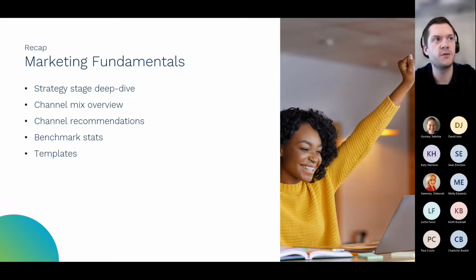So we went through the strategy, we went through the channel mix, we gave some recommendations in terms of what channels we should use when we're looking to speak to people around Microsoft 365 for Business, specifically around premium. We went through some benchmark stats, and there were some templates in there as well, which showed us how to take a basic plan to market. So when you're thinking about putting together that first go-to-market plan around premium, what tactical things you need to consider: who's going to be responsible for the plan, any key milestones, budget, etc.